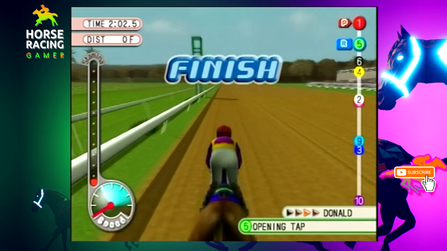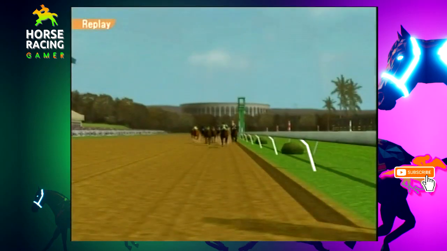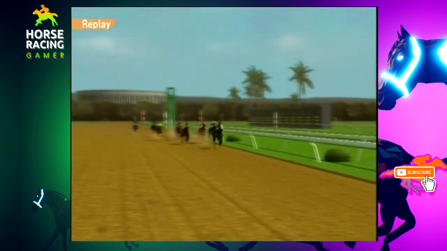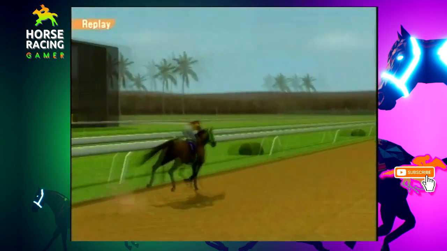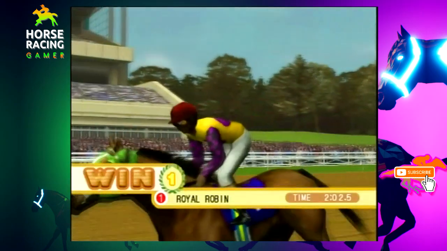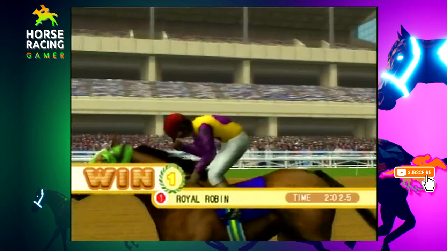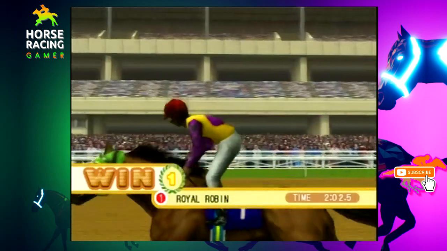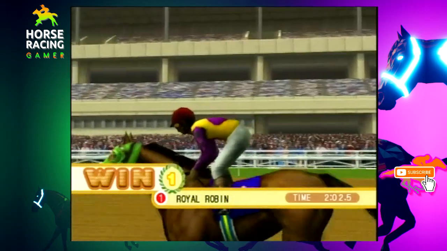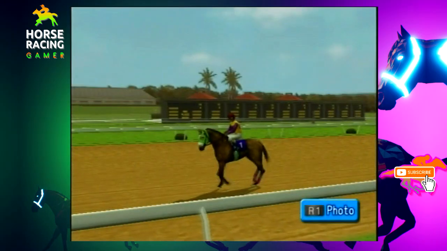This horse is doing crazy things that I didn't expect it to do, which is making this even all the better for Royal Robin. That's his 4th grade one win on the dirt in the Long Beach Cup. That's amazing. That is amazing. Royal Robin is just...